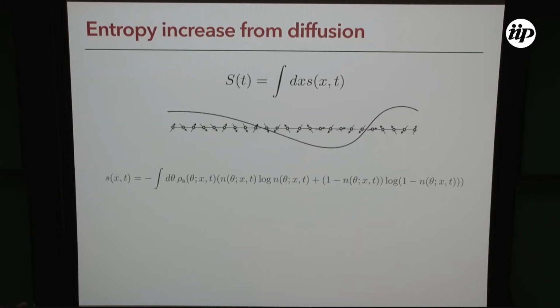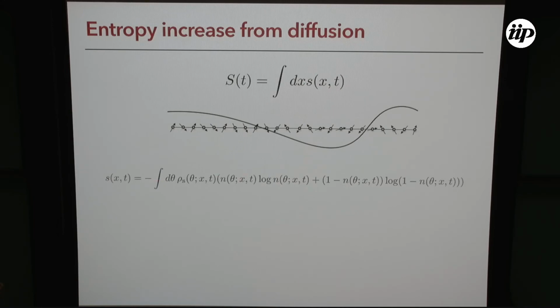Another feature of diffusion is that it makes entropy increase. This is quite contradictory, but we are looking at a closed system, right? There is no external bath. The system is isolated. We are looking at the hydrodynamic description of the system, but still the total entropy, which you can write in terms of the quasi-particle content,